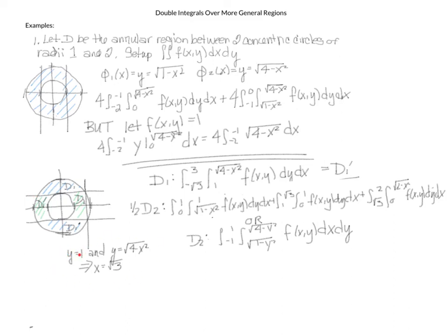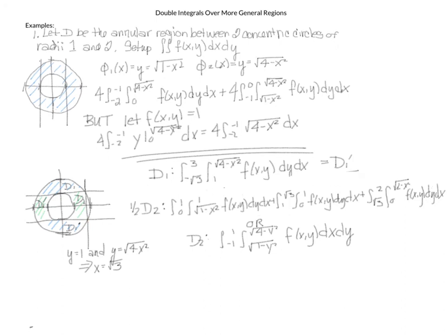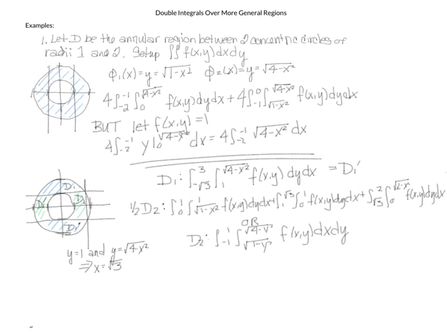So we need to find the intersection of y equals 1 and the circle, and that's where x is equal to the square root of 3. So this is square root of 3. Now we can set up D1, our blue domain, which is also equal to D1 prime down here. So our blue domain goes from the negative square root of 3 to the positive square root of 3. And if you wanted, you could multiply by 2 and go from 0 to square root of 3. But I did go all the way from negative to positive square root of 3. And now my y goes from this line here, which is y equals 1, all the way up to my outer circle. So for D2,